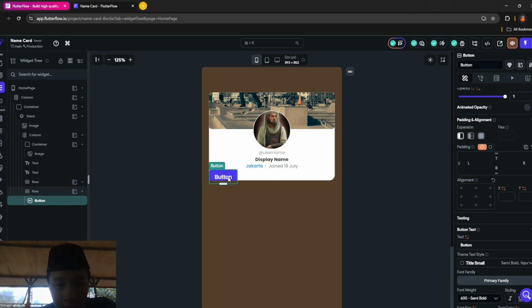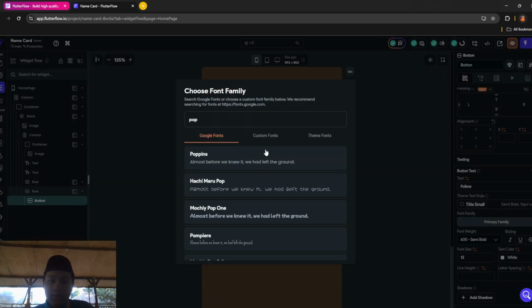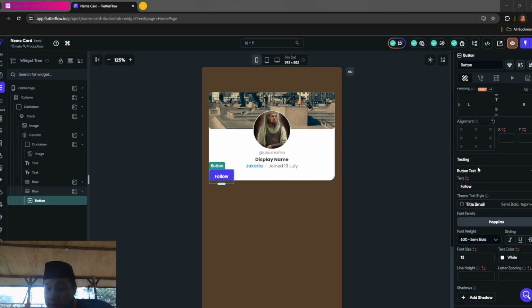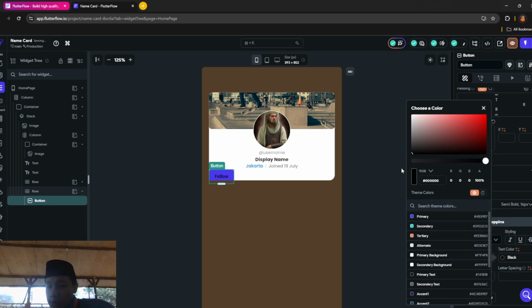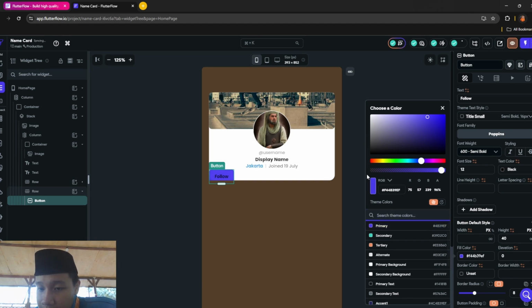Make the button just like this: font size 12, family Poppins, font weight semi bold, and text color black. Make the fill color unset, transparent, and then border color to gray.